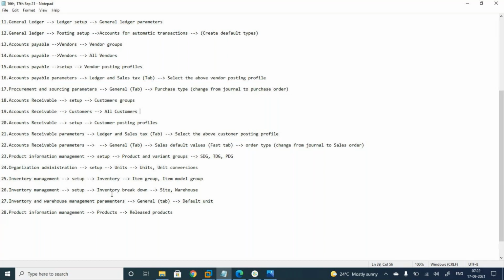For you also, initially it may take 3 or 4 hours with mistakes and errors, but you need to reach less than 30 minutes. You need to learn the company creation process in such a way that it takes less than 30 minutes. If I give you a system and you need to finish it in less than 30 minutes, then only you are in the race to get a job in Dynamics